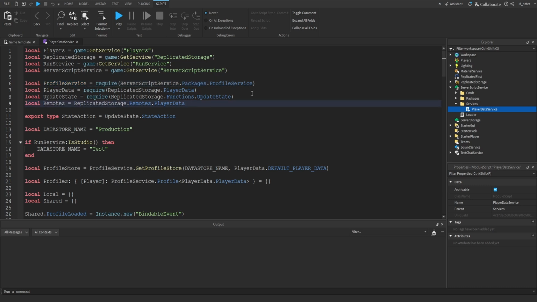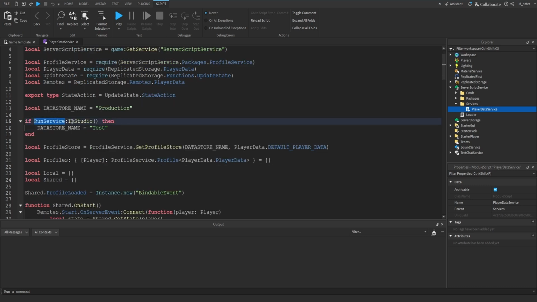Okay, so since we're trying to make this a pretty quick video, I'm going to try to get through this pretty quickly. We have a variable called data store name, and this is set to production. If you ever want to wipe all of your players' data that's currently saved in your public production server games, you would modify this string. But you pretty much never would want to modify this string, for the most part, unless you literally wanted to wipe all of your player data. Now, if you did change this from, say, production to production 2, or literally just something random, if you ever changed it back to production, the original data that was saved to production will be loaded up once again. So it's not like all the data is permanently erased, you can recover it, just swap back to your previous string.